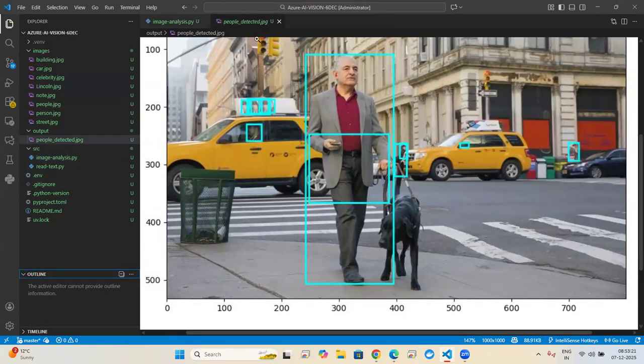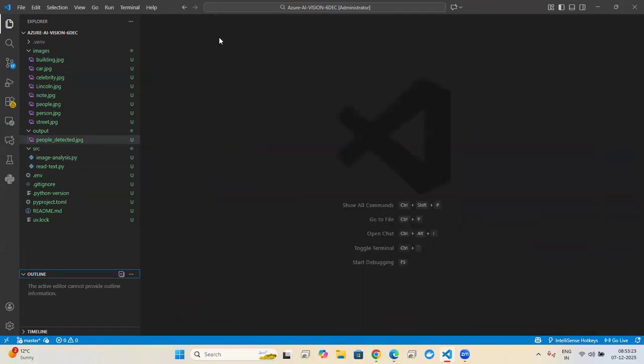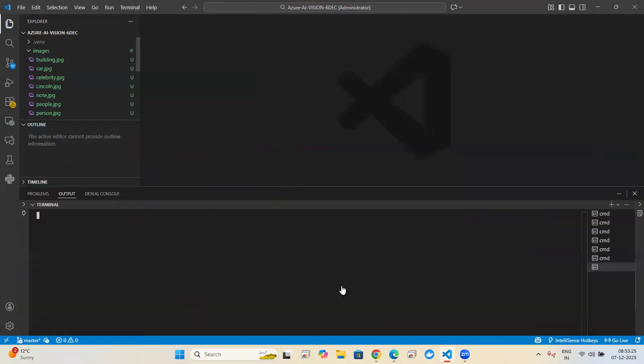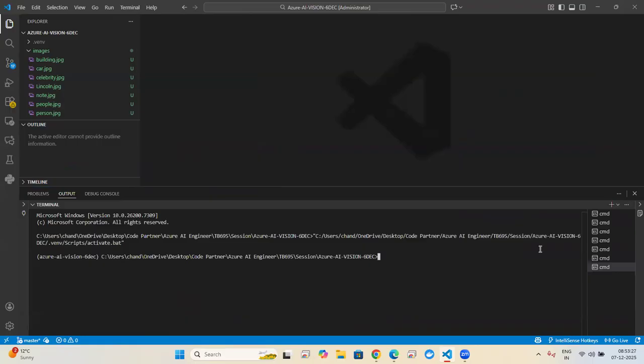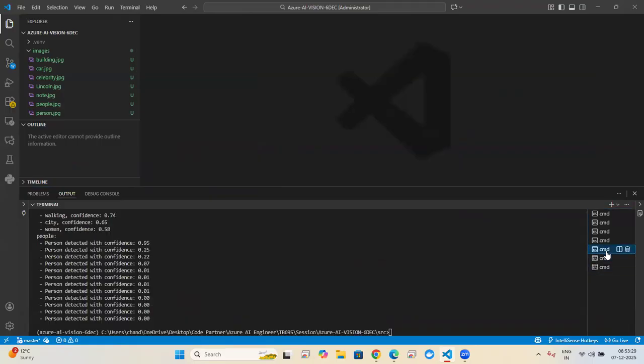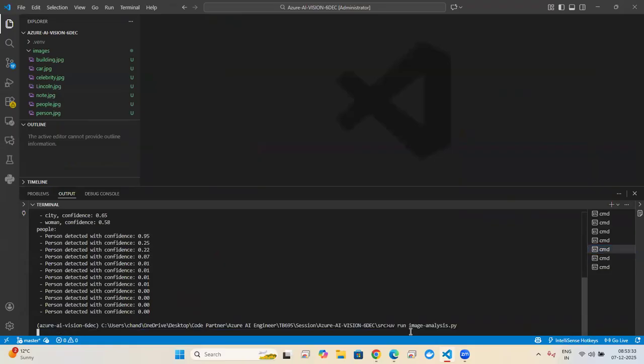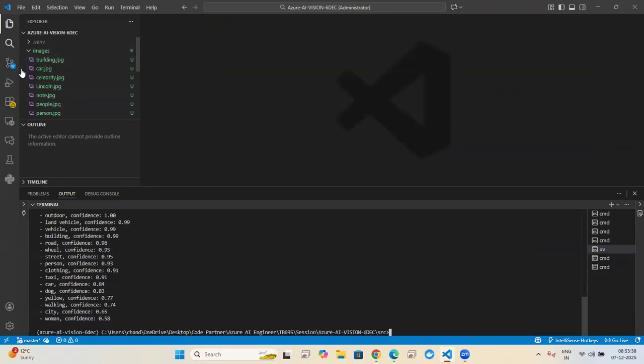Terminal, how to open it here? Terminal. Okay. Yes, I am here. CD. Okay. Now,